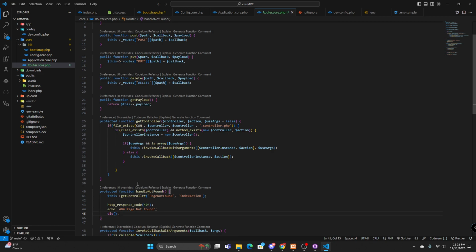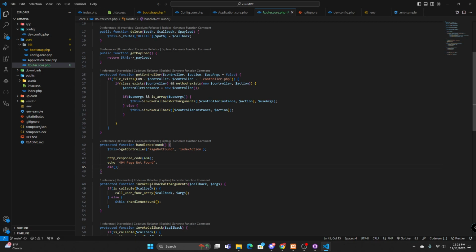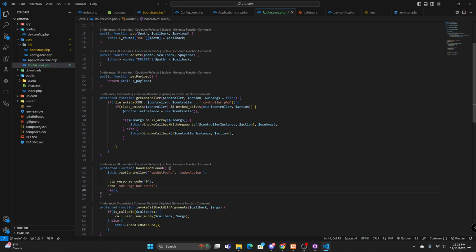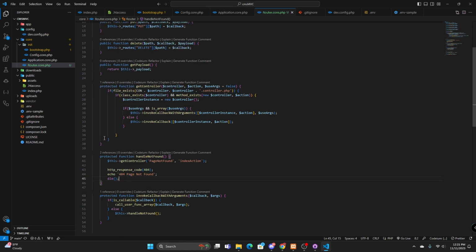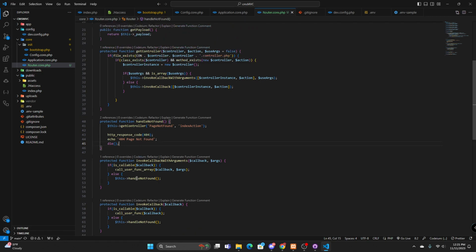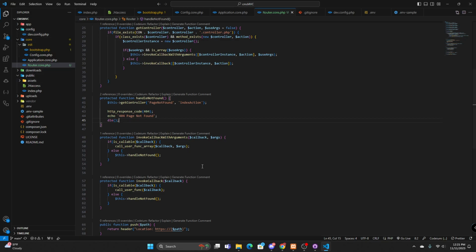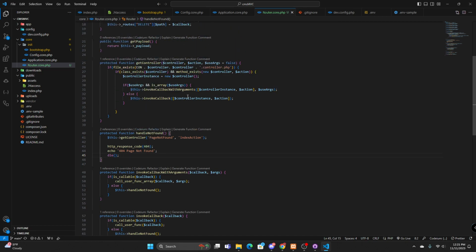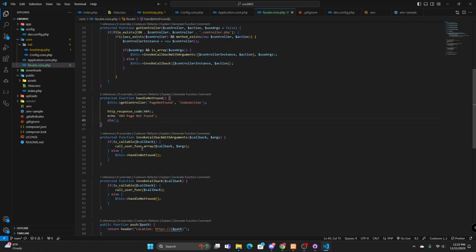Because essentially what would happen is, because we have no logic for our controllers to actually function, it would call this handle not found function, which would call this get controller function, which would invoke the callback. But because there's nothing callable, it's going to handle not found again, and it's just going to keep doing that over and over again until the application crashes, up until we actually write the logic for the models, views and controllers. So for now, we're going to just kill the page and then come back to this once the page is ready for this. Now that that's done,